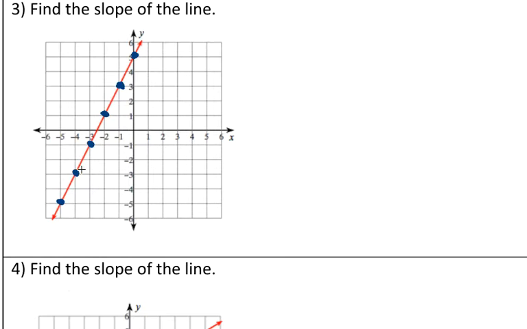Okay. Now we're going to do our rise and our run. And I'm going to rise up, run over. Rise up, run over. Okay. So he rises up 2, goes up 1, 2, and then we run over 1. Goes up 1, 2, over 1. Okay. So for our rise,